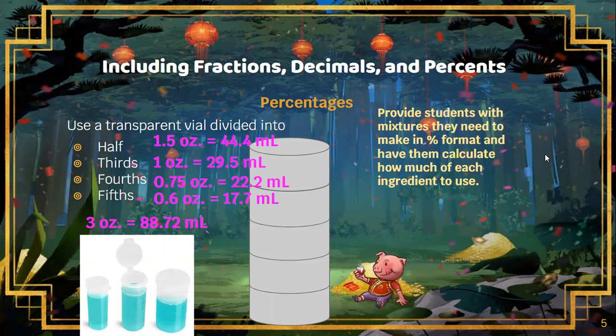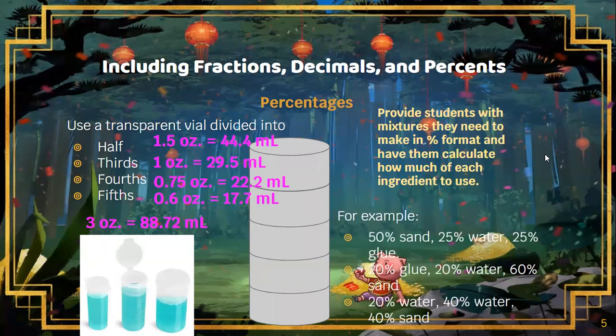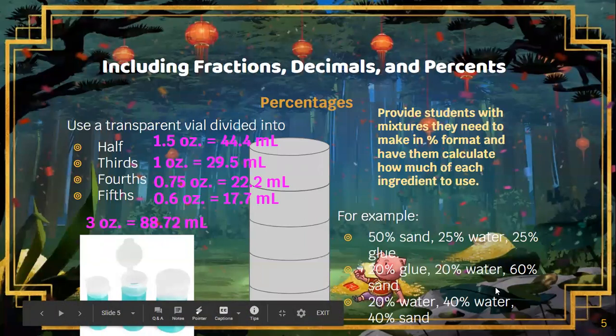And so you, for example, would say, I want you to make a rock that has 50% sand, 25% water, and 25% glue. And so what they're going to have to do in these situations, they're going to have to convert these percentages into fractions and then reduce those fractions so that they can actually use these vials in order to make the rocks. And so, for example, if we have a 20% glue, 20% water, 60% sand mixture that